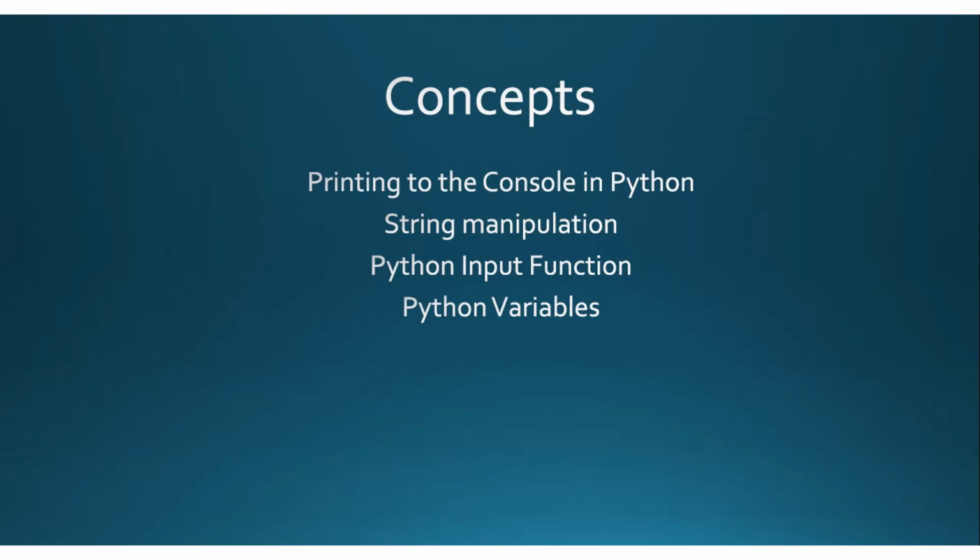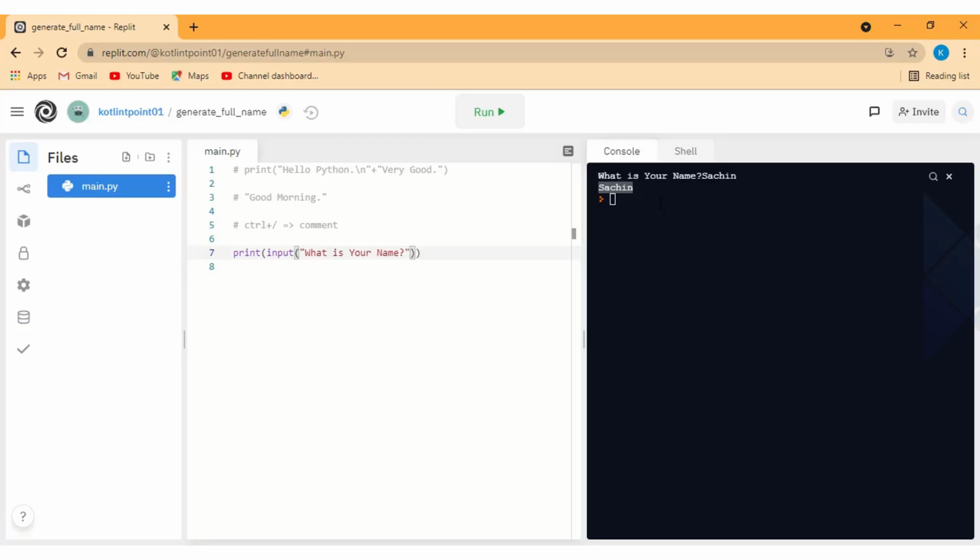Okay, so I need to mention a name respective to the number in my contact directory. Similarly, in programming also, if we are working with different values, we need to store those values in variables. A variable is some kind of container, we can say, inside which we can store some values. Let's understand by an example.